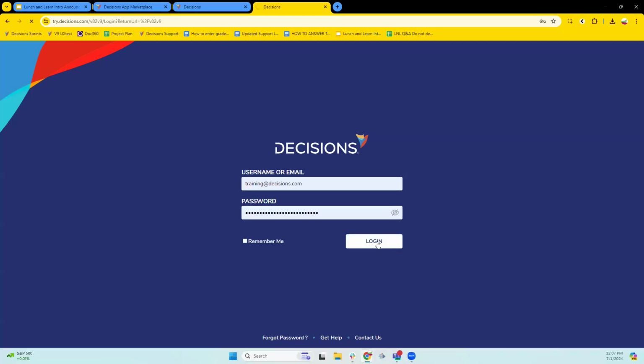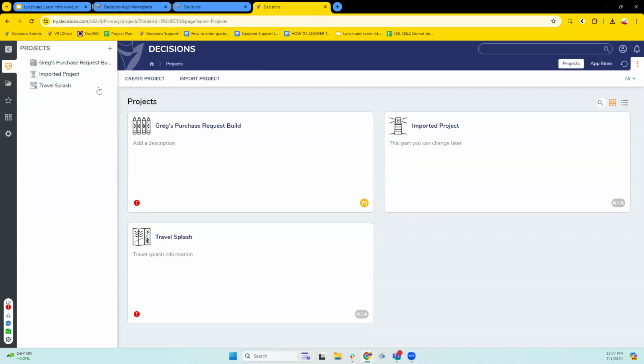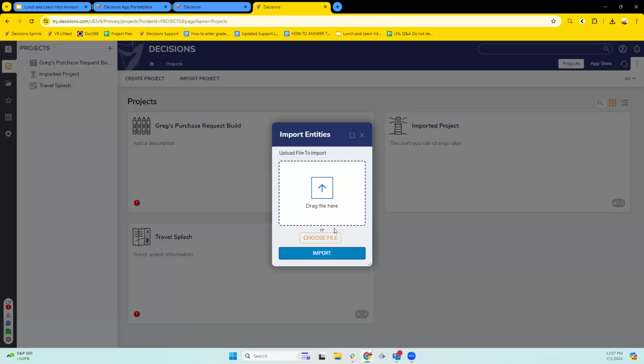If you update from version 8 to version 9, for those of you that might be interested at a future date, version 8 and version 9 view the architecture around a project totally differently. So the paradigm has shifted. You might find that when you try to import a project into version 9,